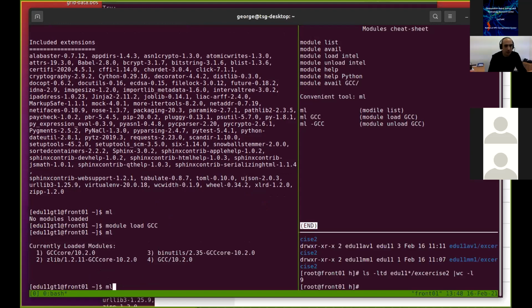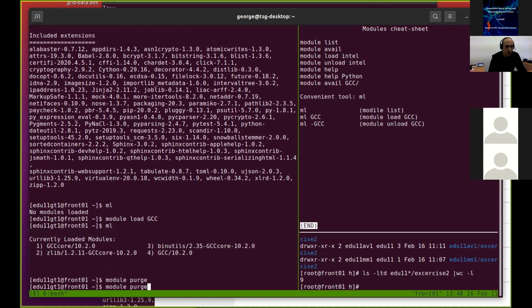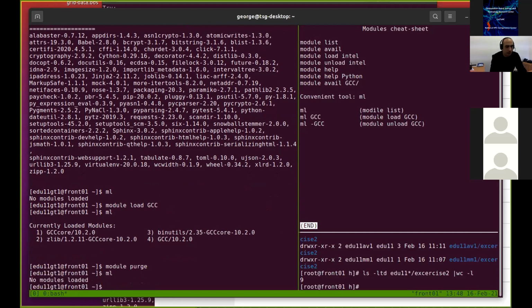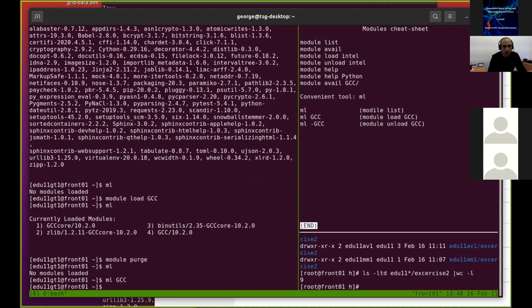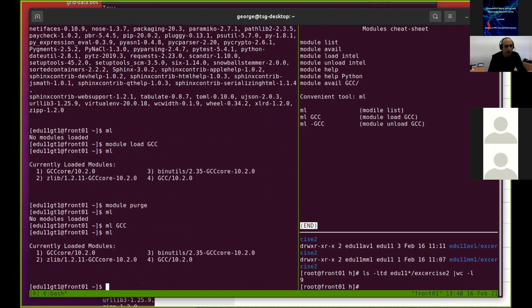I can module purge. Let's purge it again, so everything gets removed. I can again load it like this. If it's on its own, it's list. If it's like this, it's load. If I list it, by loading the default GCC compiler, I am also getting